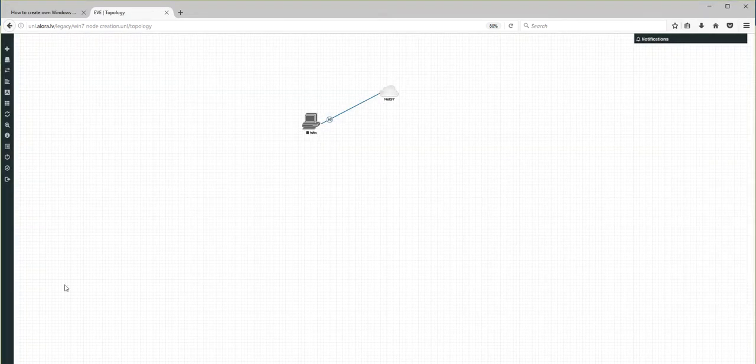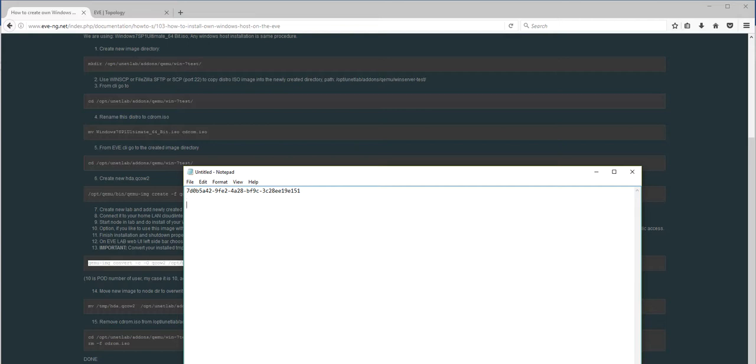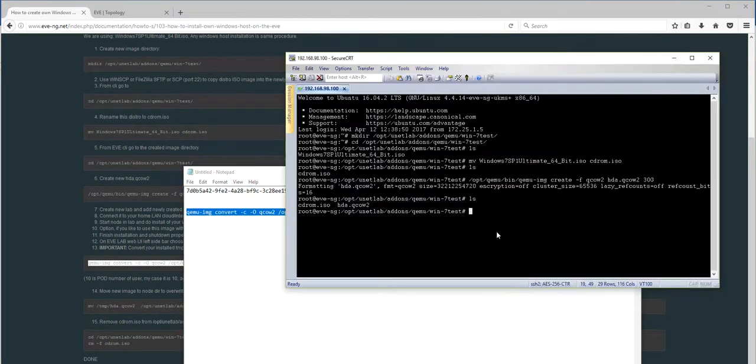Okay, next one, the command to convert the image. So we have to convert your just-installed image for your further use as a permanent one. So I'm copying out this line. So let me copy it here, and look at this. I'm changing this one properly, the lab UUID here, right? Done.